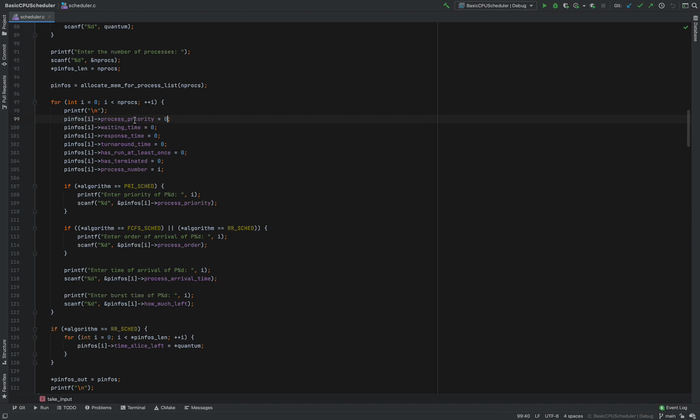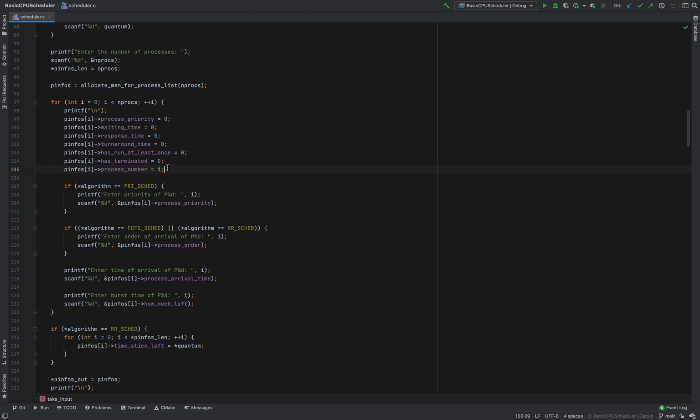So we are setting most of the things to 0, but the process number is getting set to I. So you might wonder, if we already have the I as the index in the array, why is there a need to store the process number also? And I will try to explain this to you when we do the round robin scheduling.